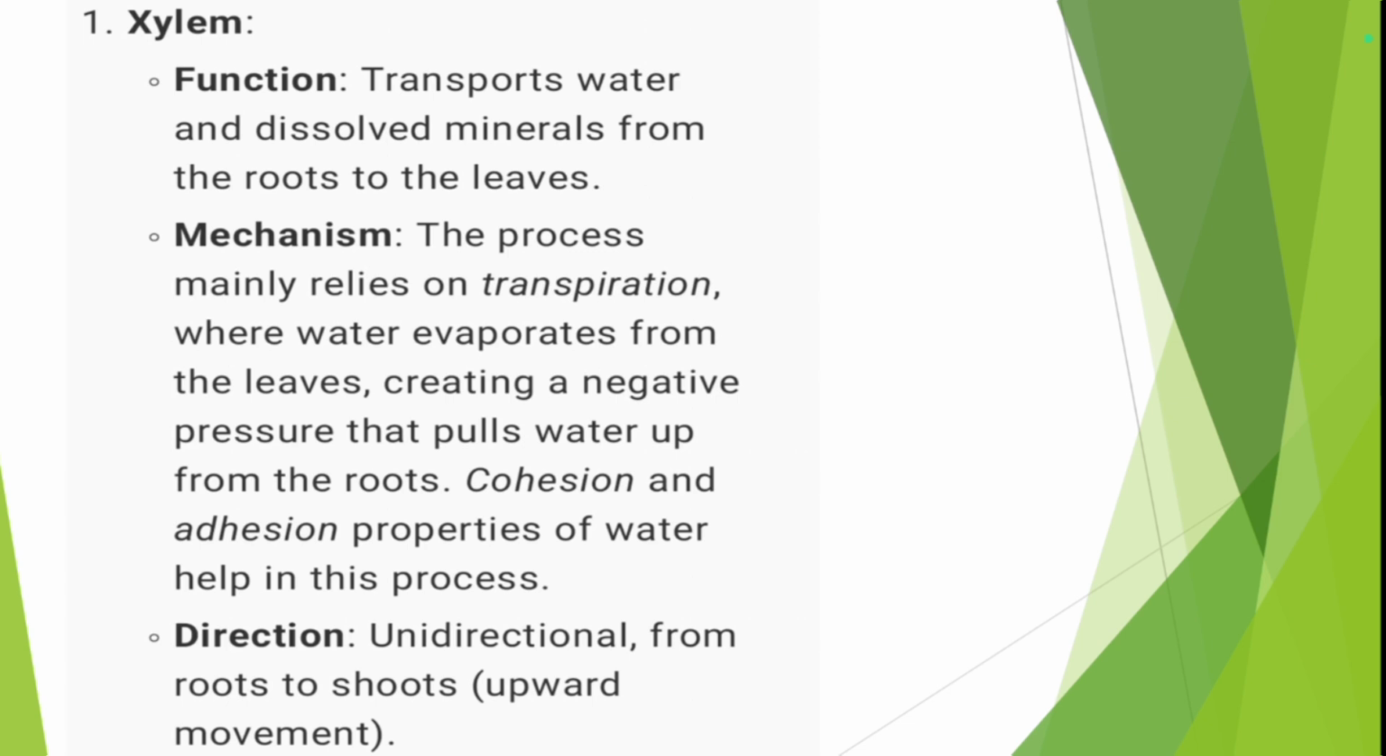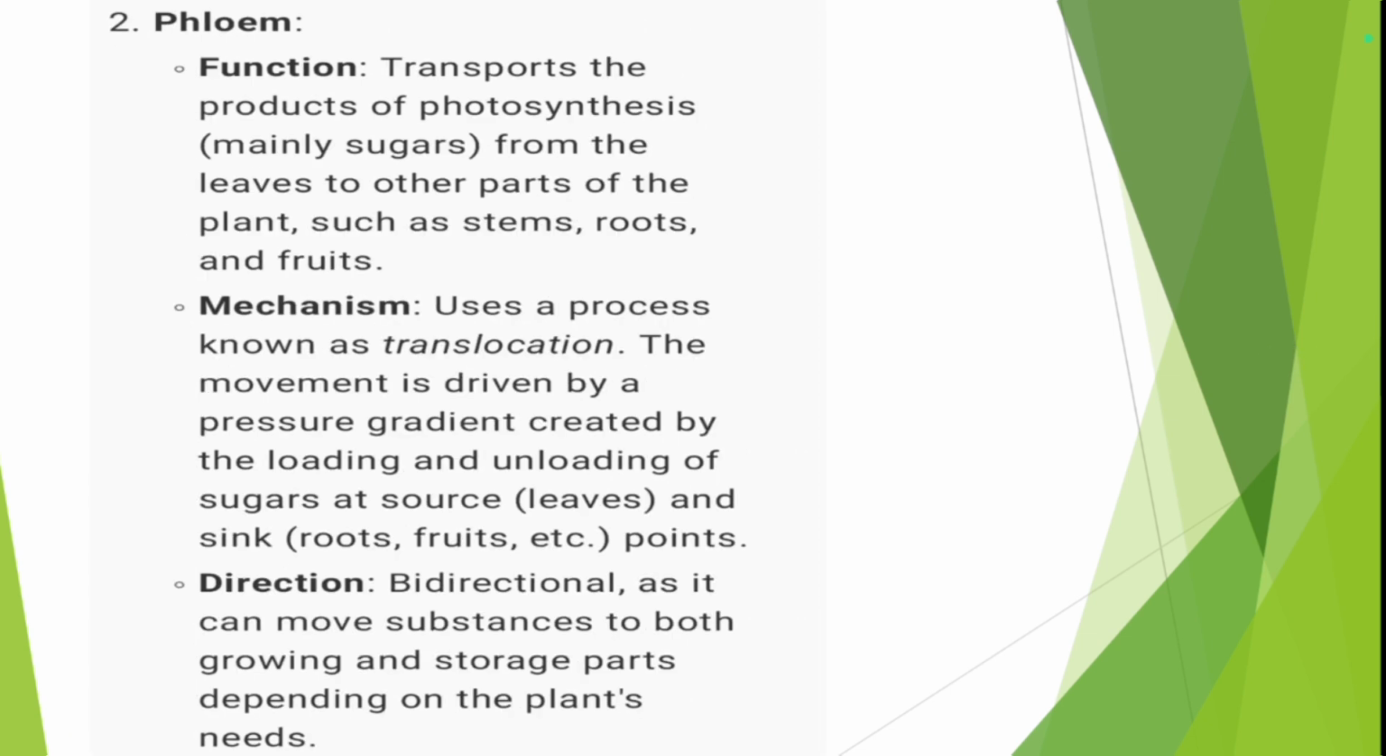Then, in which direction does the xylem move these? That is unidirectional, only upward. When all the water and the minerals are absorbed by the roots in the soil, they all are moved up in only one direction, that is upwards. Then, coming to phloem, its main function is to transport the products of photosynthesis, mainly sugar, which